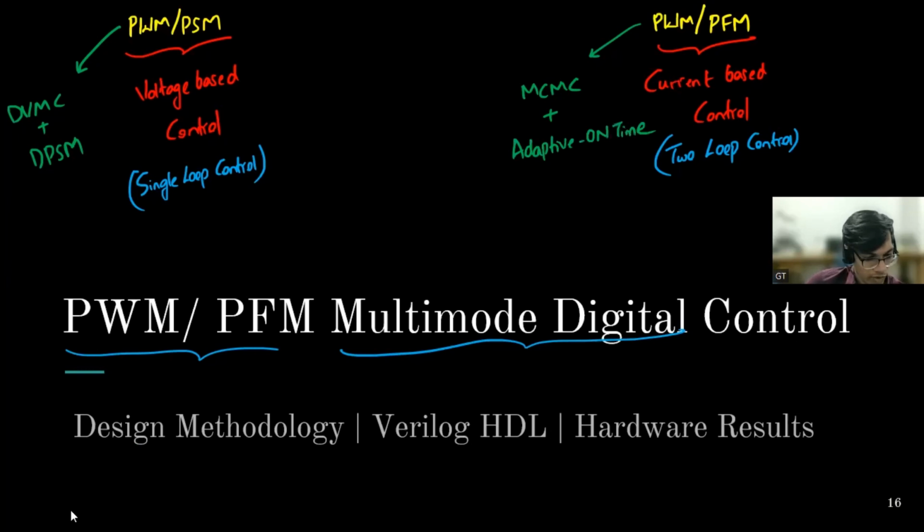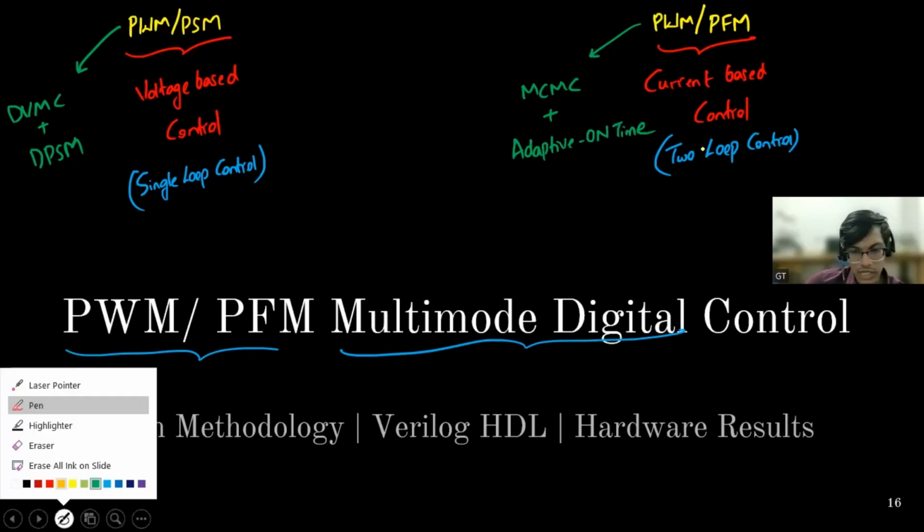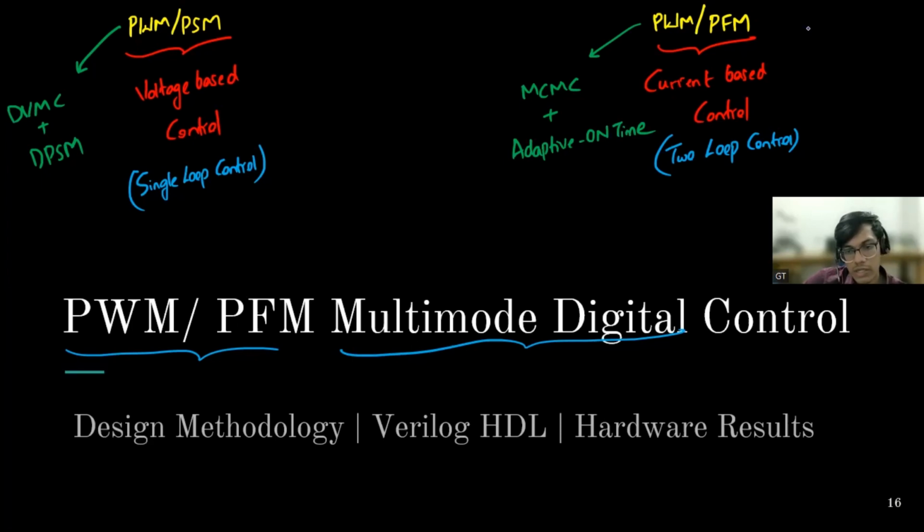So PFM means, as Banerjee was asking, pulse frequency modulation, which means the frequency is changing. So it is a variable frequency technique. And we had discussed in the previous session that adaptive on-time is one such technique which is used for light load conditions,